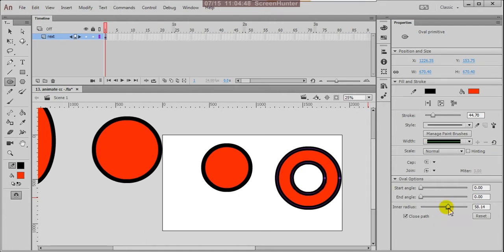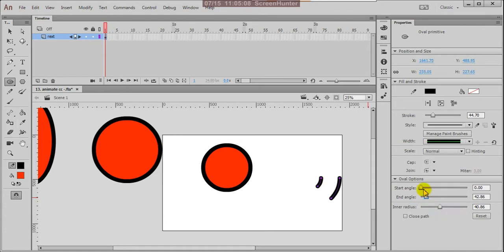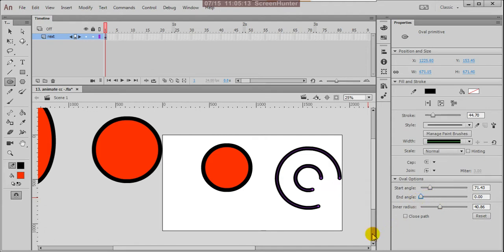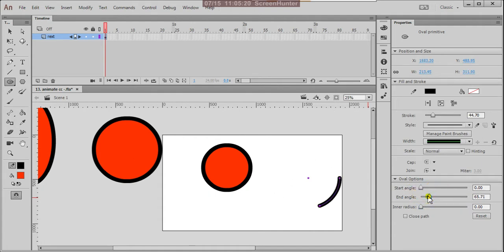So if we want, suppose, a tire kind of wheel, we can create it easily. Here we can close the path also. See, we close the path. So you can experiment how you want.